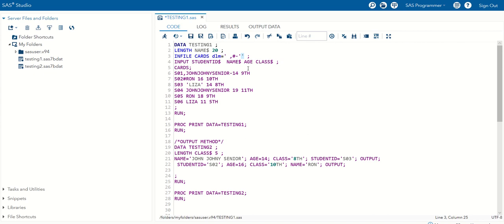So we have to deal with this. When we put quotes, we put both opening and closing quotes inside the outer quotes. This is the opening quote and this is the closing quote.